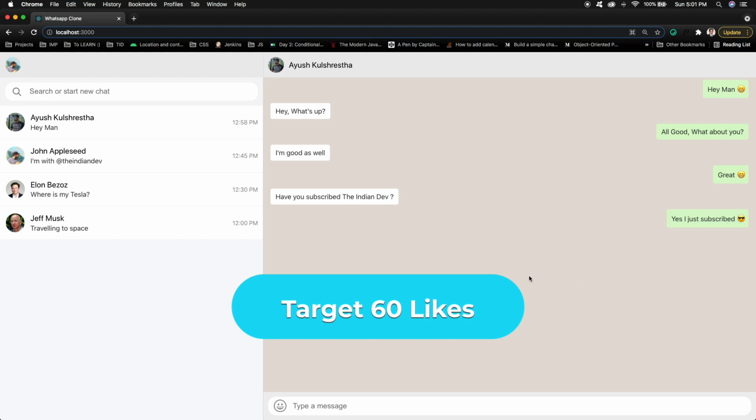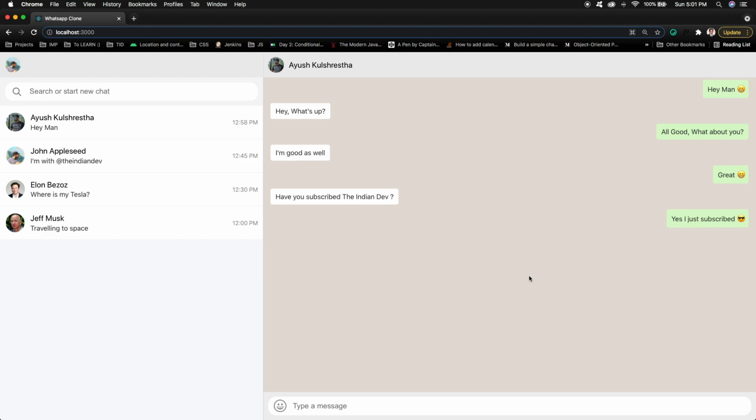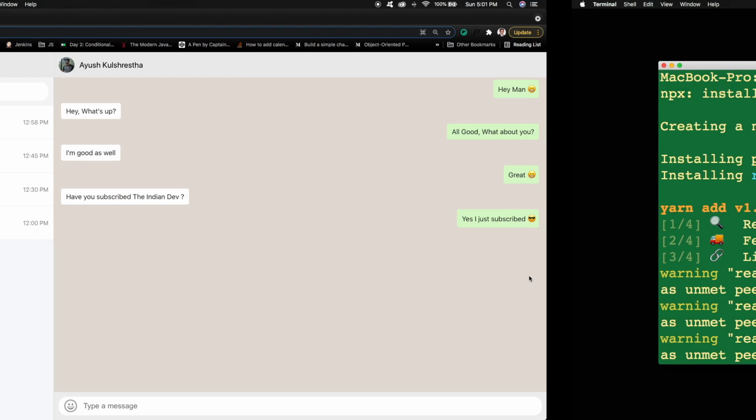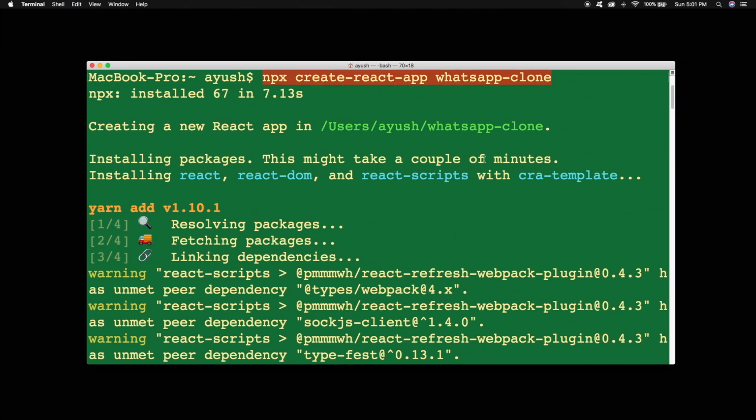So before any further delay, what I can do is, just to initiate a project, I can simply go to my terminal, and you just need to write this command, npx create-react-app. That is pretty basic, and if you are comfortable with React.js, then I think you should know this. And if you don't know about this, then this is the command that will be creating your application, or we can say your application's base structure with the minimum required files.